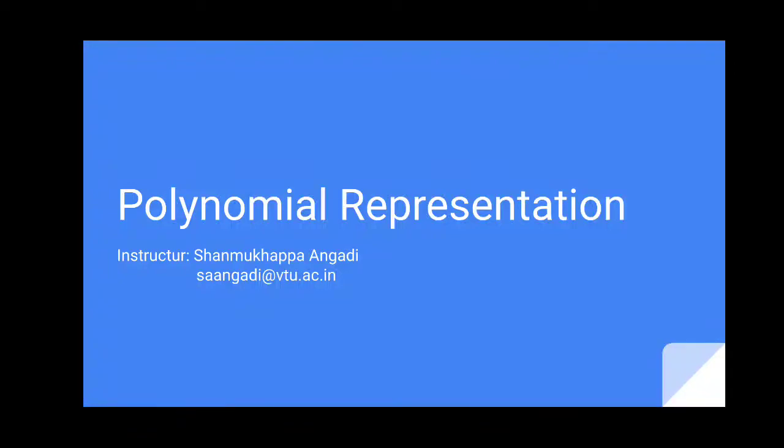Students, we are starting the discussion on the fast Fourier transform algorithm, which is a very important algorithm that has applications in signals and systems and many other scientific applications. Basically, the fast Fourier transform algorithm is an algorithm to multiply two polynomials in a very fast manner. So to understand the fast Fourier transform algorithm, we'll first try to understand what a polynomial is and what kind of polynomial representations exist.